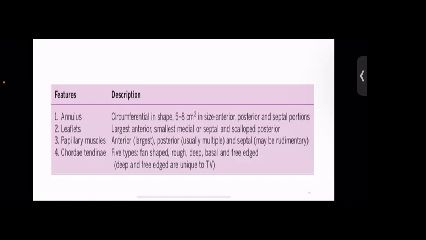So the tricuspid valve annulus is circumferential in shape, measures about 5 to 8 centimeters in size, and it has the anterior, posterior, and septal